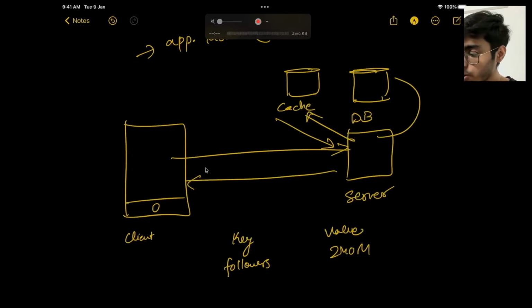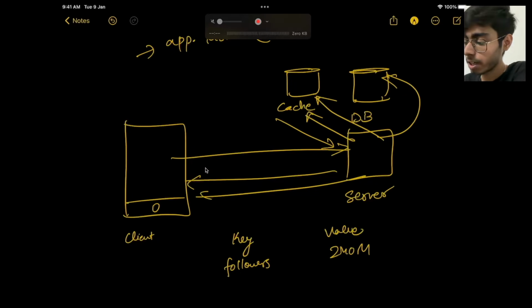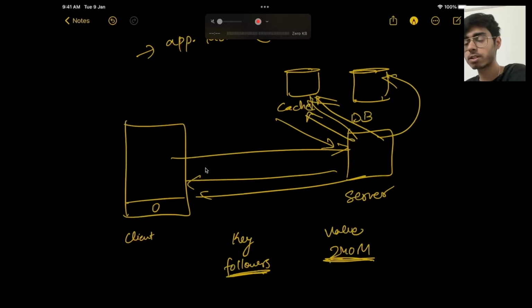If not, it has to go to the database, try to count all the people who are following Justin Bieber, and then before going to the client, it will save it in the cache and then send it to the client. So that next time if anyone tries to fetch followers of Justin Bieber, it can fetch it from the cache, right? So this is how in cache you can save some data, key value pairs. So you can use Memcached, you can use Redis for saving data in caches.